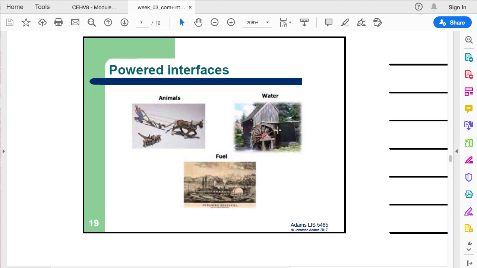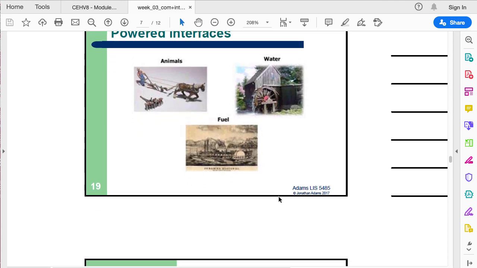We have some other examples. Now we start to evolve. We can look at this example here where the water is powering the interface. So in order to get this wheel turning, I need the water to drop on top of it, which is going to put some pressure, put some power on that wheel, and it's going to spin. And we also have the start of the evolution of fuel,